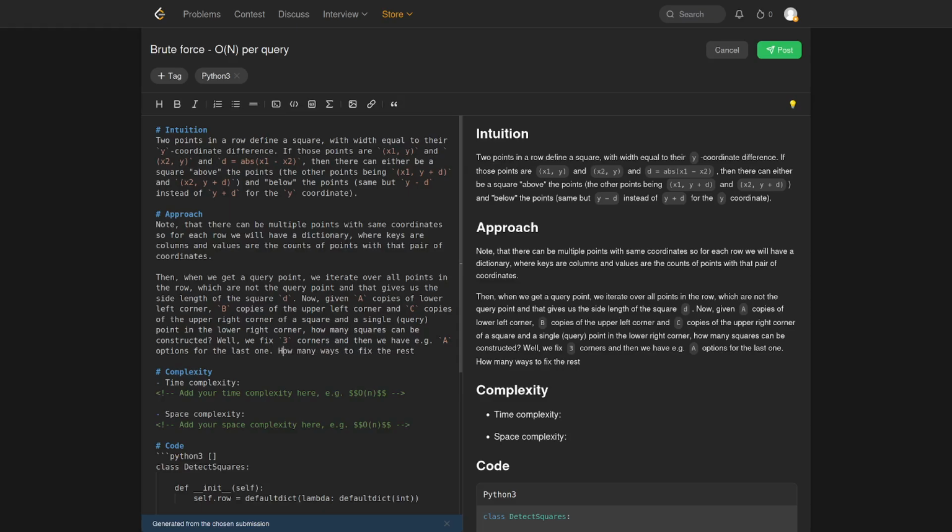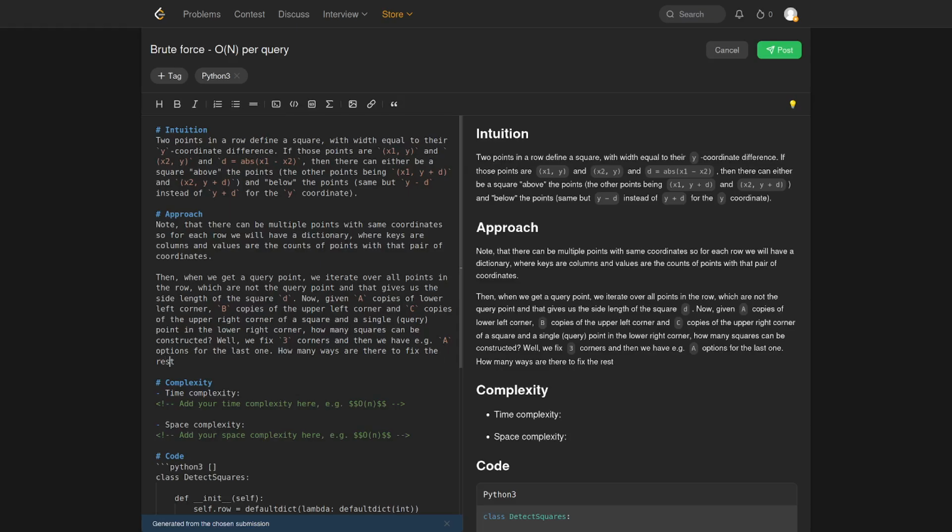How many ways are there to fix the rest? The b times c times 1, b times c, so the answer is